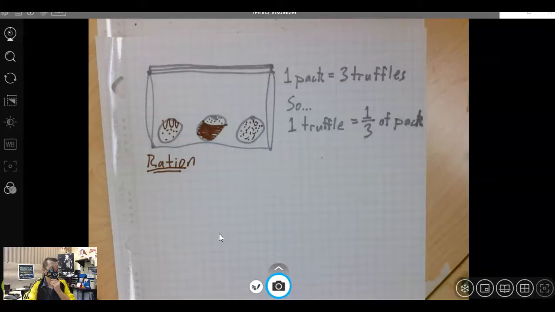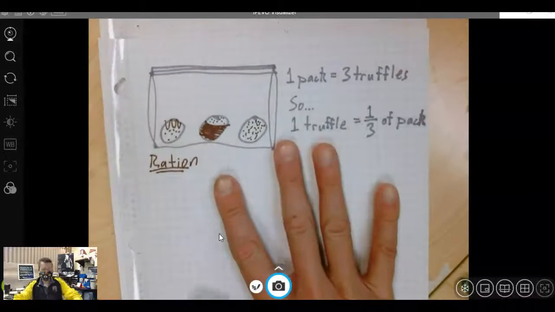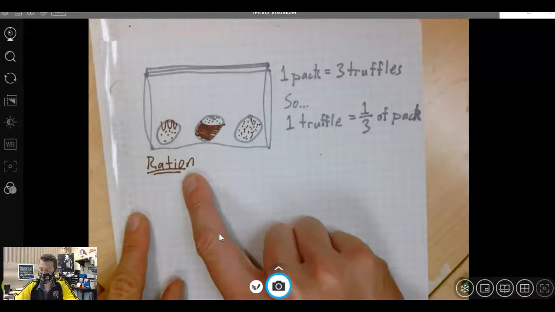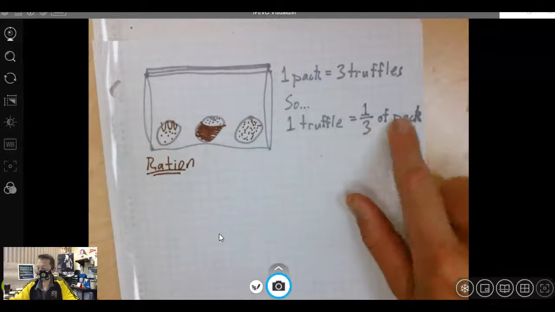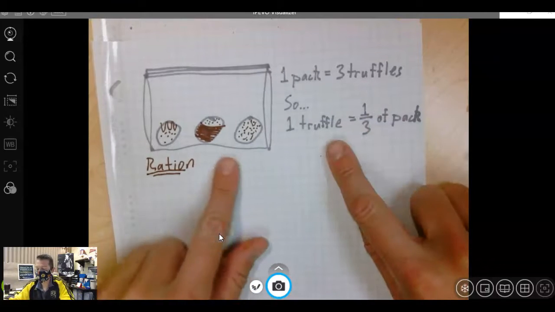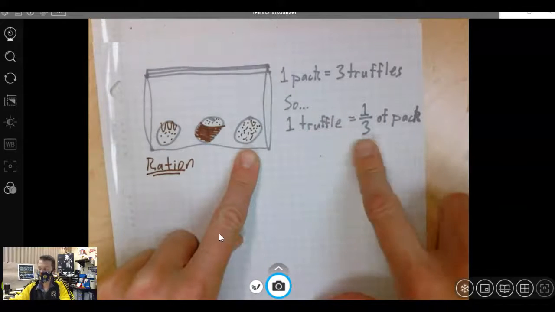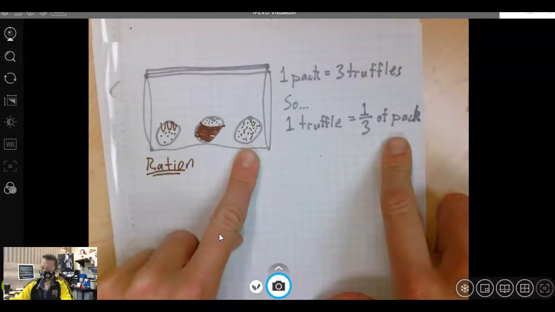All right, I don't know when my recording cut off, but here we go. We're talking about rationing food, and that has the root word of ratio. So a ratio that can describe this is that if it's a pack of 3, one truffle's a third of the pack. Now, I like to spread my food